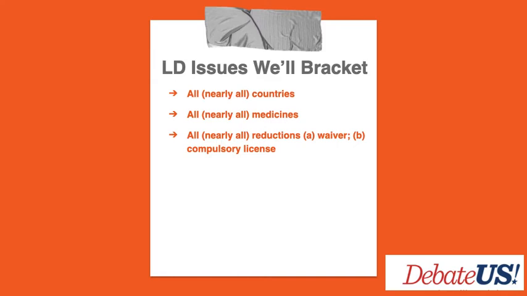There's compulsory licensing. Compulsory licensing occurs when a country says, look, we're just going to take the intellectual property and we're going to make this drug available. India has kind of threatened to do this, to basically reverse engineer the drugs, figure out how to produce them, and distribute them to everybody. They say this is justified in a national emergency. We're not going to go into those details either. Whether the affirmative in LD has to advocate for all or nearly all the countries or all or nearly all the medicines is a perennial controversy in LD. But as I said, we're just discussing this generally.